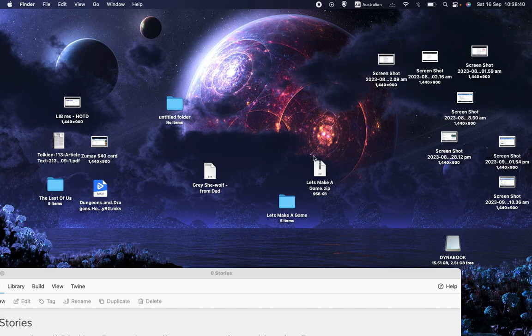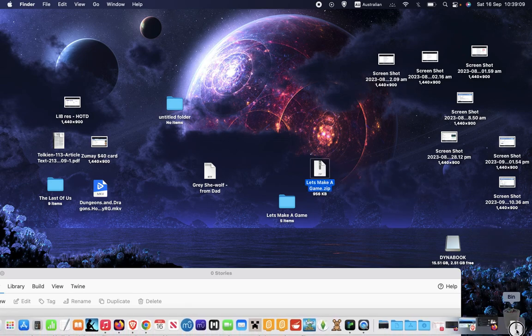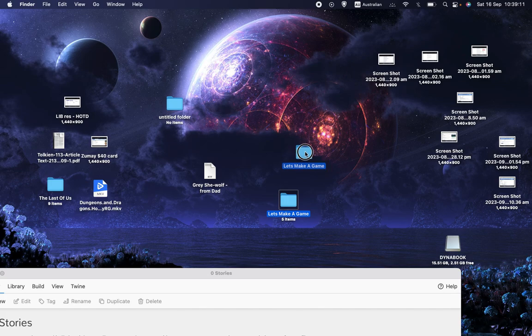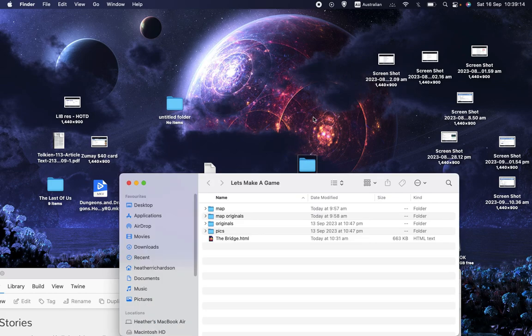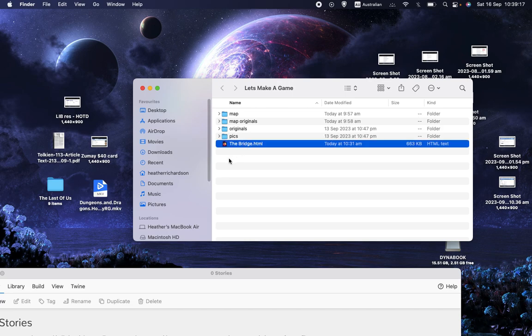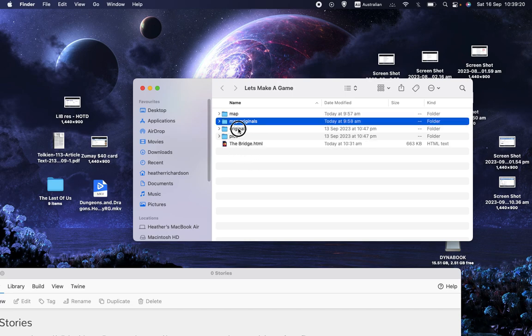If it doesn't know what to do with it, that probably indicates that you don't have a program for unzipping zip files, and you'll need to download one and install that before you can get to the files. If you have any problems with doing that, just leave a comment and I'll go through that in more detail in the future. But hopefully you will be able to unzip it and you'll end up with a folder, and in the folder will be the code itself and